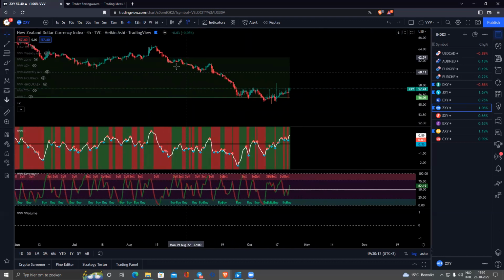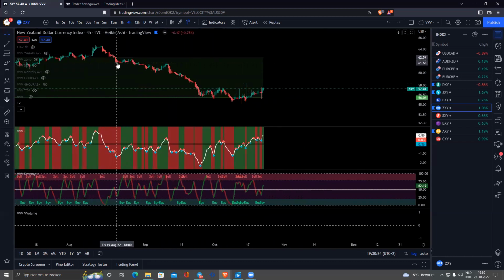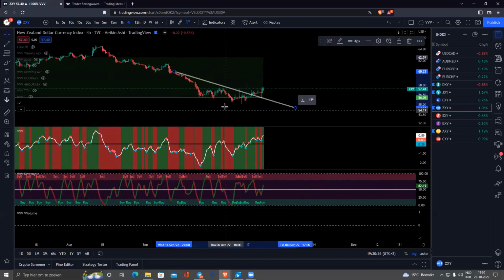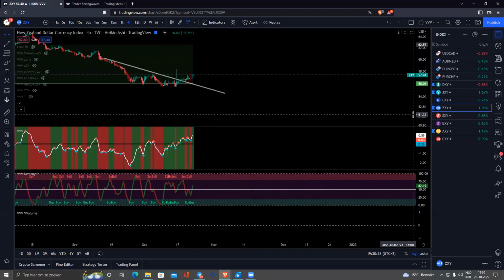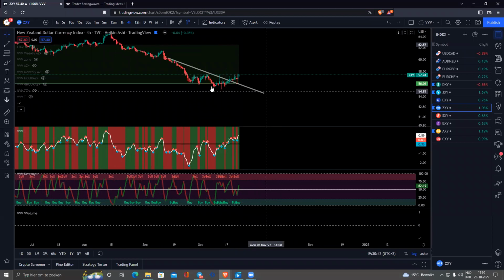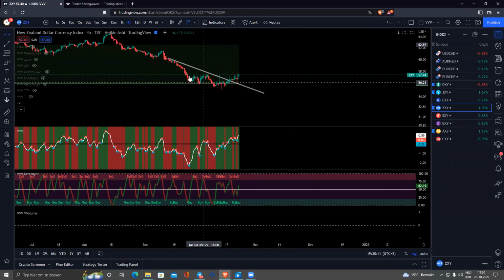Yes, this broke here. We got a small trend line here. This could be the retest. I can actually start to say where the price actually closed, and I would follow this line, which is also a trend break. So basically we are in an uptrend on the 4 hour,